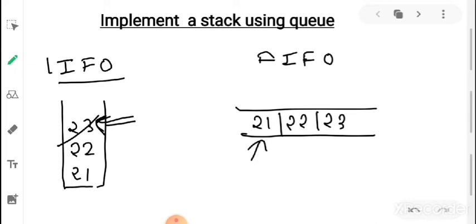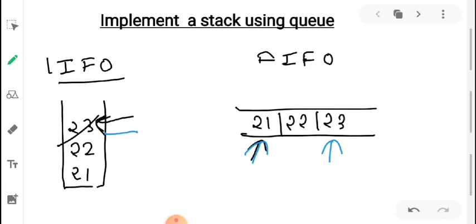So in this question we have to implement a stack using queue. Somehow we want to make sure that as we are popping an element from the stack, 23 is popping first. But in the queue, as we are calling the DQ function, 21 is DQing first, and somehow we want to make sure that 23 is DQ first in the queue.